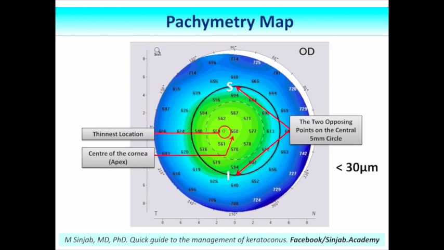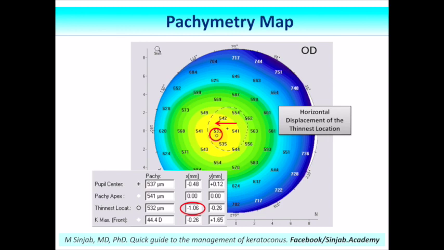Also, we have to look at the relationship between the thinnest location and the apex of the cornea. We have to look at the location of the thinnest point in relation to the apex of the cornea. Such as in this case, as you see here, there is a horizontal displacement of the thinnest location. Look at the x coordinate of the thinnest location in relation to the pachy apex, which is the apex of the cornea. We can see there is a horizontal displacement. However, the horizontal displacement is not that risky,